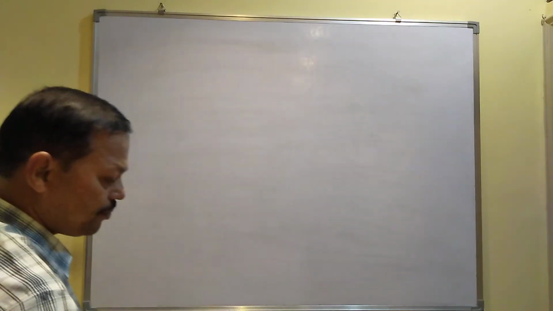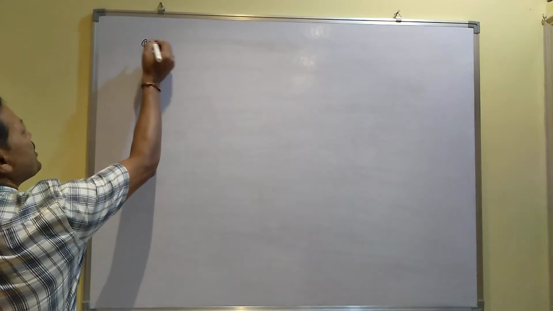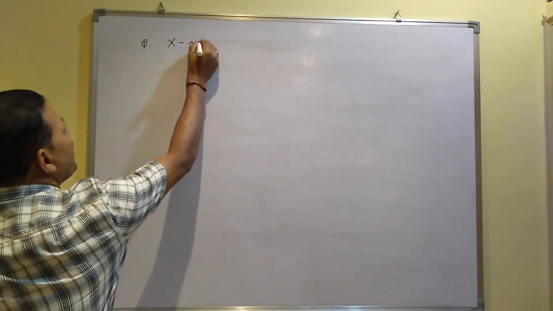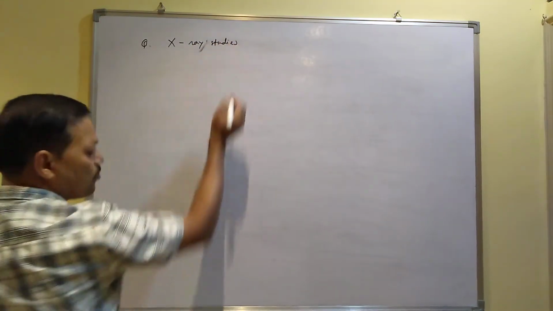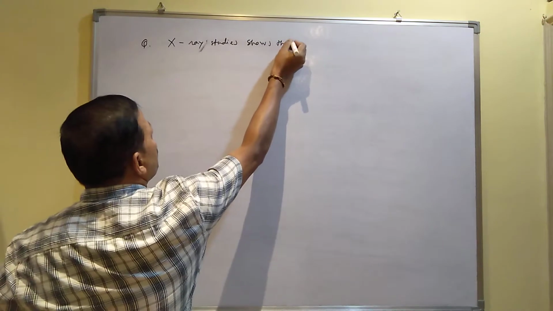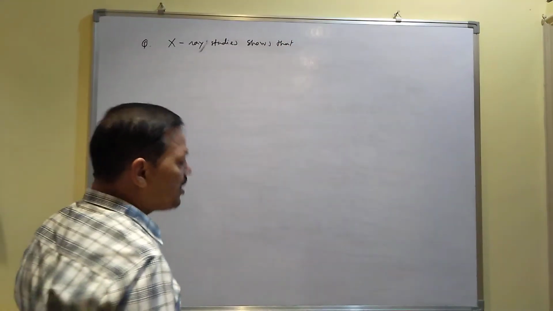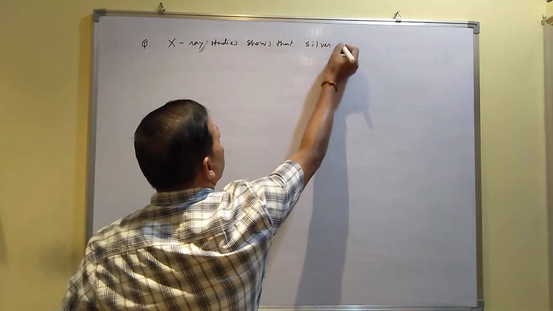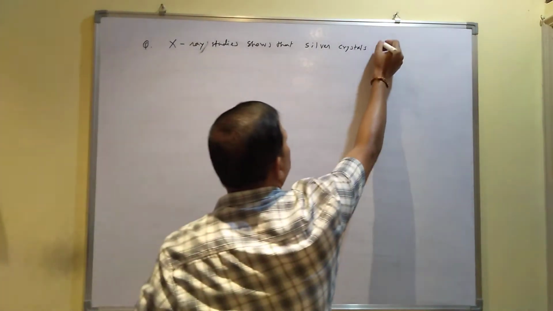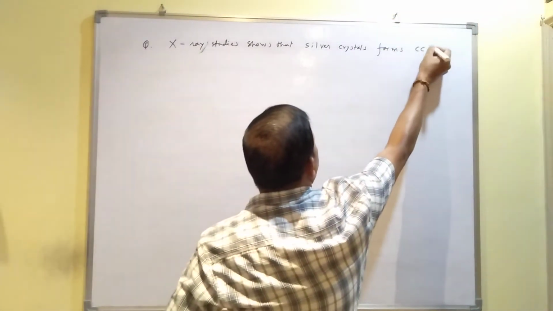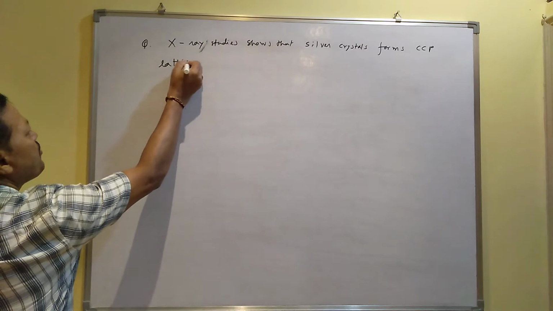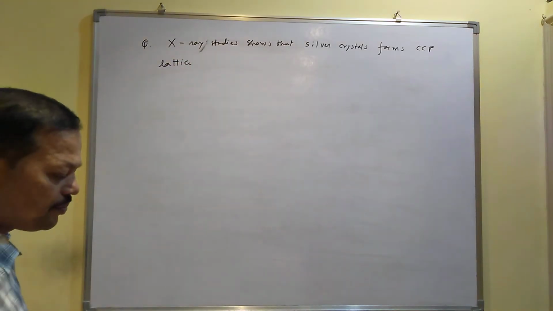Now one question: X-ray studies show that silver crystals form a CCP lattice. CCP means cubic close packing lattice. Cubic close packing means the FCC. It is like FCC. CCP lattice, and